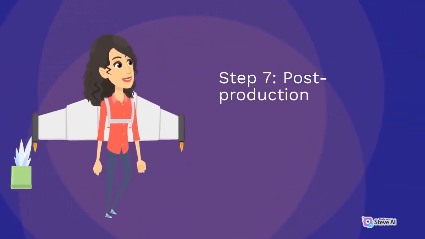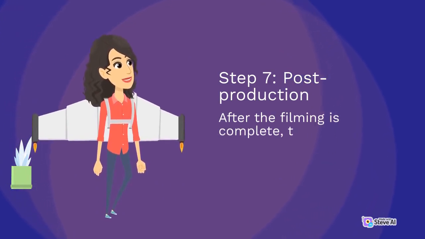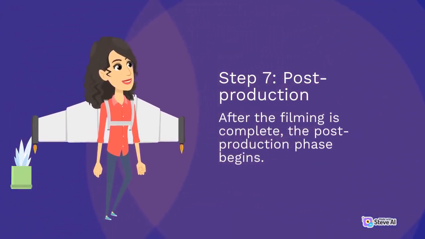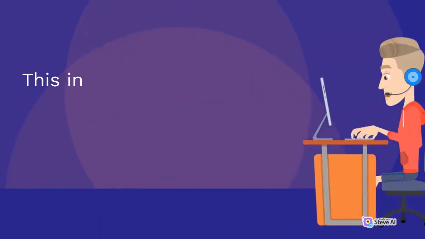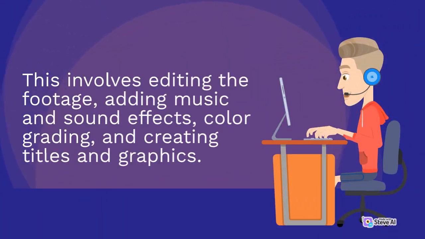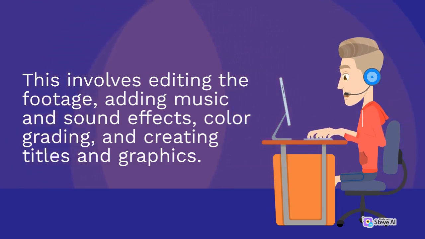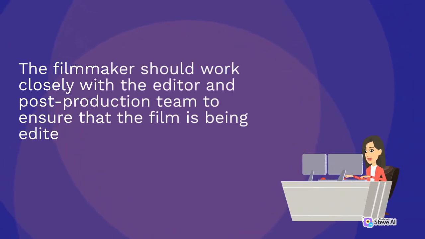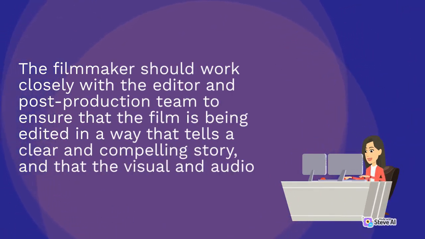Step 7. Post-production. After the filming is complete, the post-production phase begins. This involves editing the footage, adding music and sound effects, color grading, and creating titles and graphics. The filmmaker should work closely with the editor and post production team to ensure that the film is